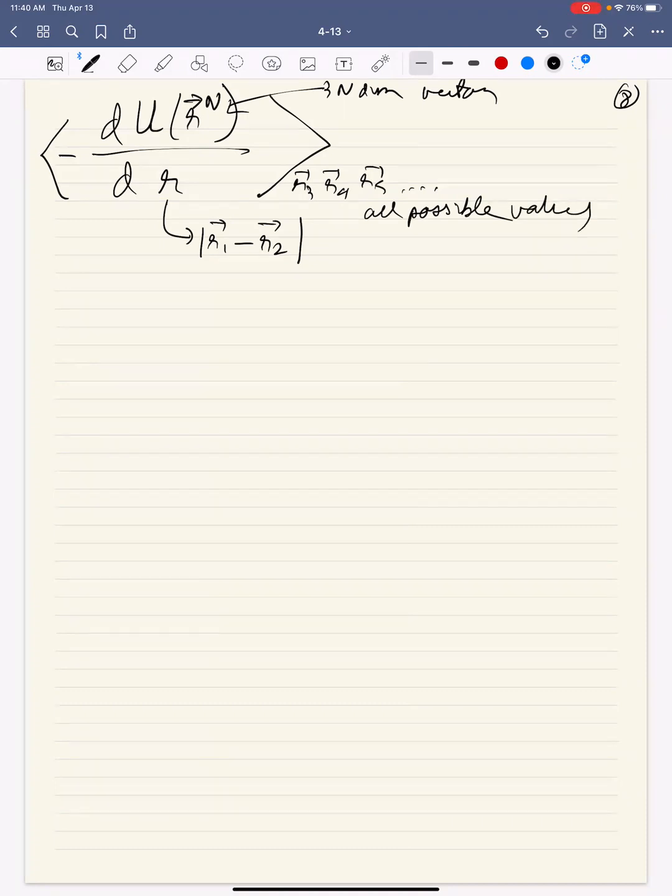So it's very hard to do, but it turns out that this thing is equal to kT d/dr of log of g of r. You saw intuitively why that should be related to the derivative of g of r, and now I'm going to show you why this formula actually holds true. So in other words,